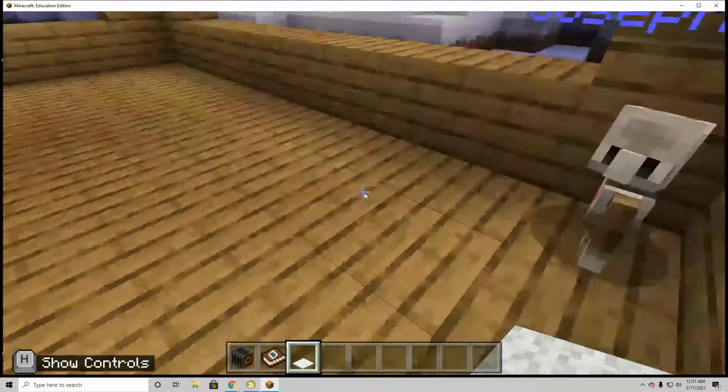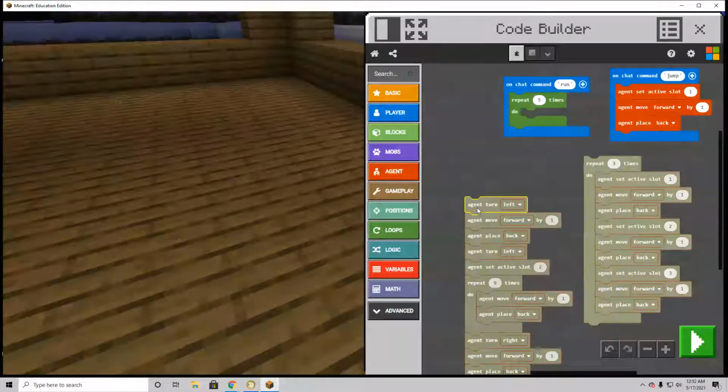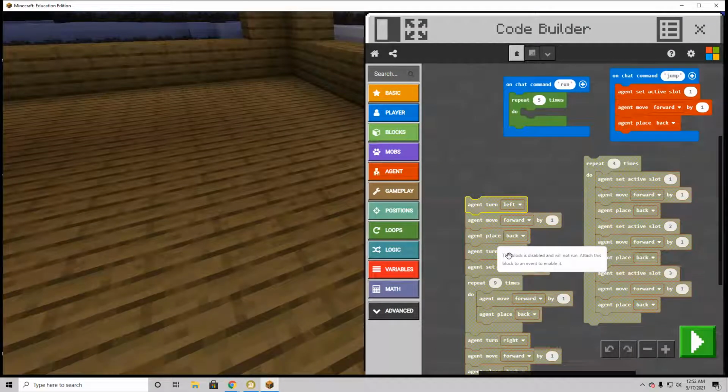Alrighty, so now what are we going to do? Agent's going to move forward 3 times, get to the end, and then we can do whatever else that we want to do when we get to the end, right? Right now it's picking active slot 2, which I think was red. So it would do these colors once. It would get to the end. We'd turn left, move forward, place back whatever color it was using before. I don't think...